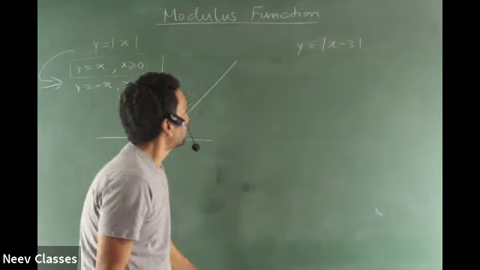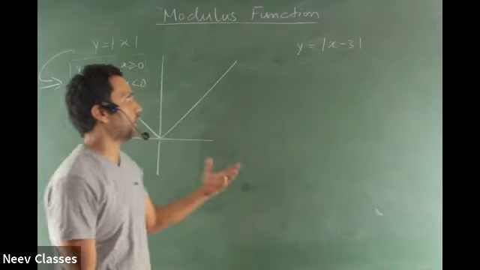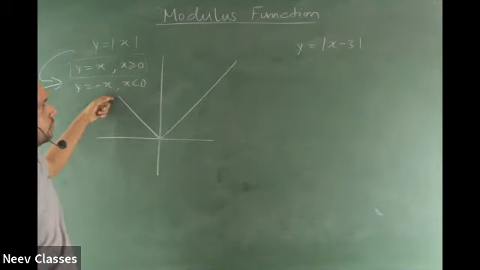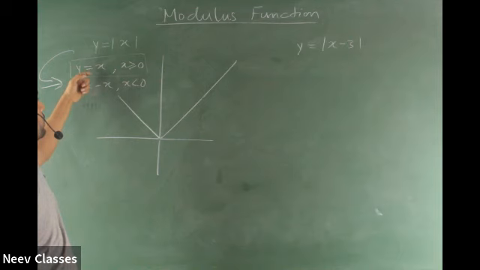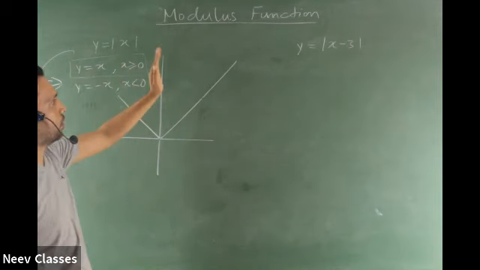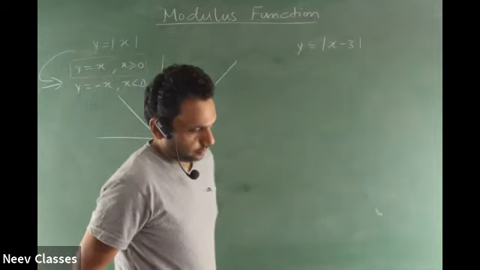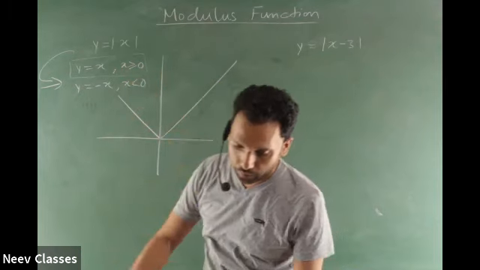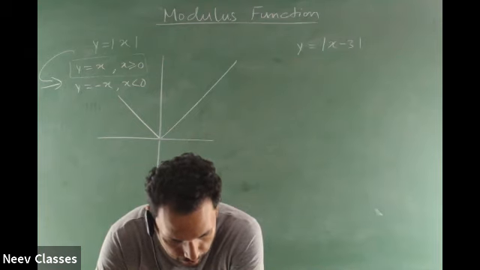Y is equal to mod of x minus 3. First, you have to tell me that this is as good as which 2 graphs. That is, without the mod, which 2 graphs it is as good as. So y is equal to something if x is from where onwards, and y is equal to something else if x is from where to where. I told you, if you have doubts in this breaking of graphs into 2 graphs, you should have asked me then. In the chat privately, you answer.